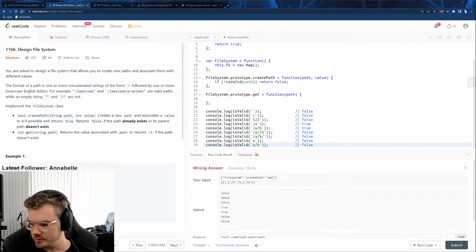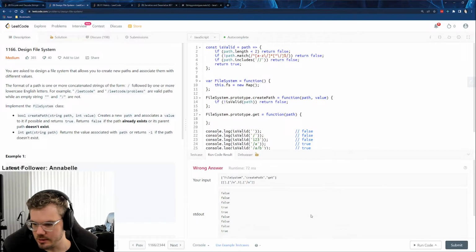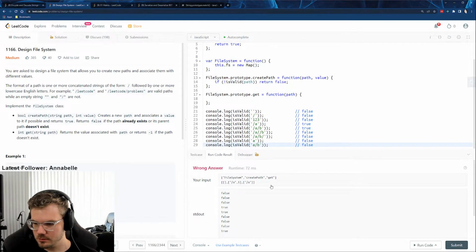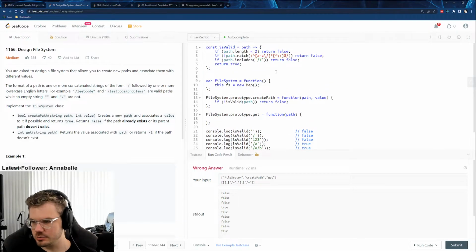But right now my code doesn't handle that, but I'll implement it in a second. So yeah, it shouldn't be able to start just with a letter. It has to start with a slash. So basically,